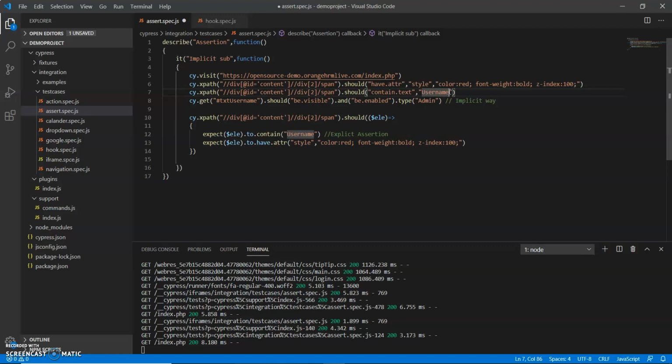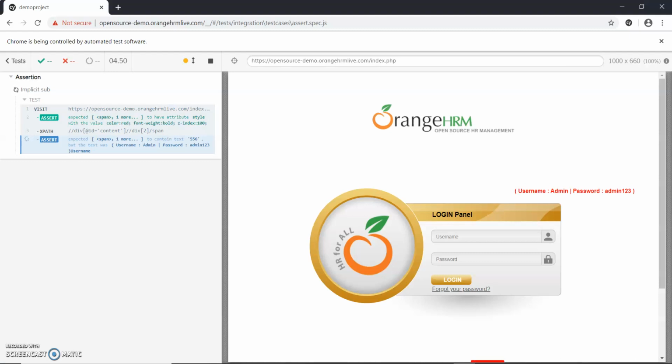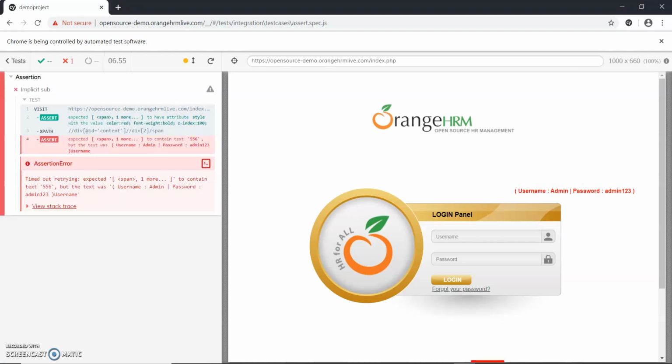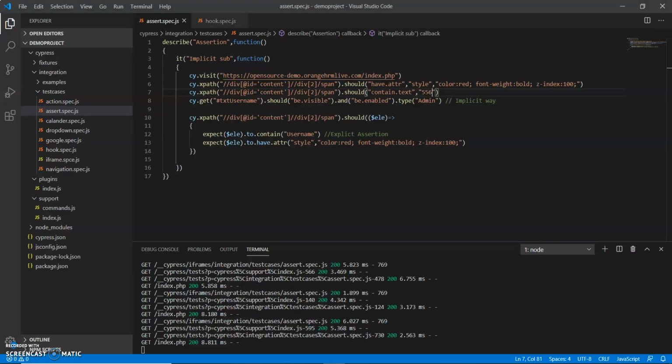So now I just go and see, if I put here and change something, you can see whether it fails or not. So I put here 76 and check whether it fails or not, when it does not get that text. So at that time we also validate that if any changes come, then my test case will fail. So you can see that now 556 is not found here, so it failed. So this is all the assertion part. So in this video we have seen two ways to validate our test cases.